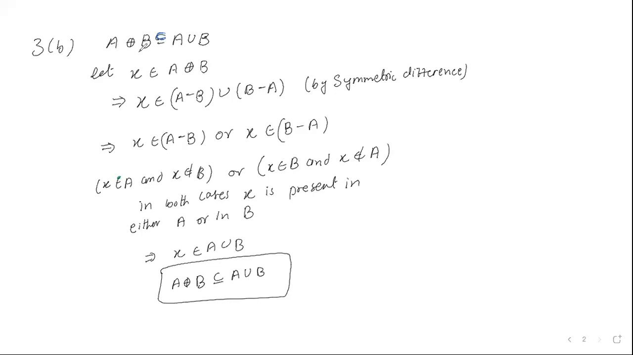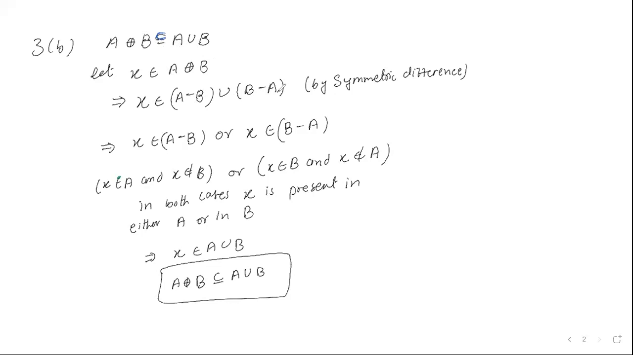Okay, so I'm starting with section B of question 3. Here we are supposed to prove that A symmetric difference B is a subset of A union B. So how I do it, I take an element X which belongs to this set on the left side, and I